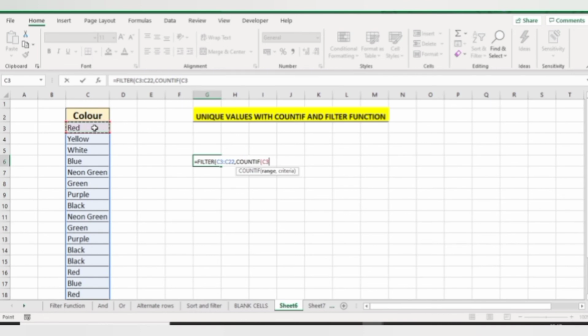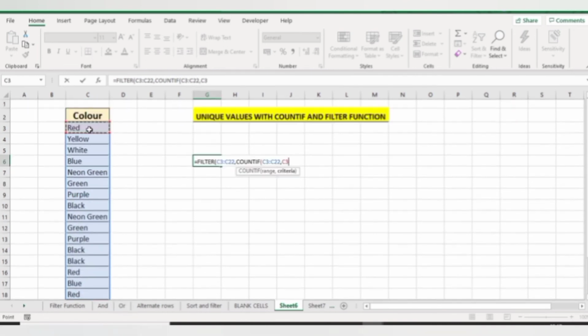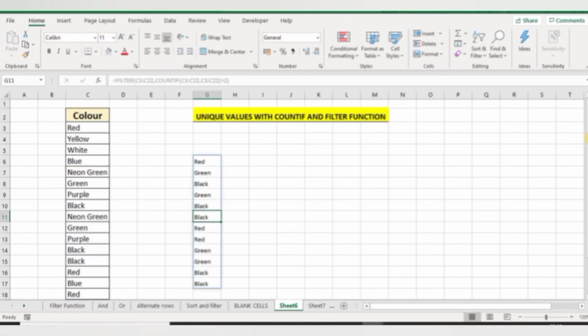Now here my range is my color column, and my criteria is also my color column. And here I want to count only those colors which are present 2 or more times in my data. So for this I will use greater than 2, and now press enter. So these are all the colors which are present 2 or more times in my data.